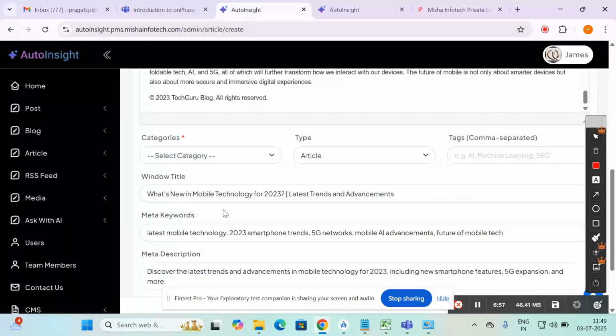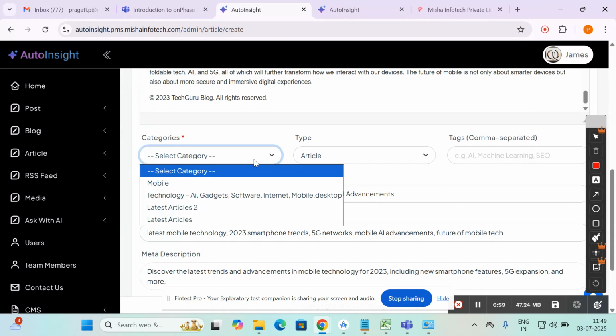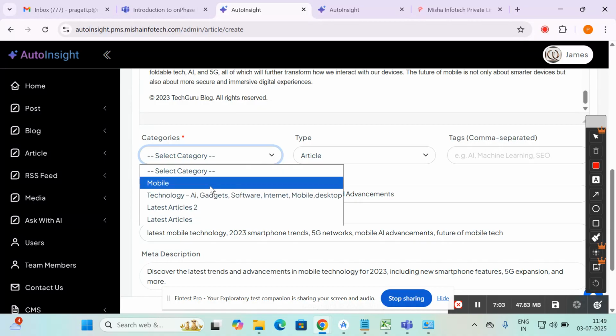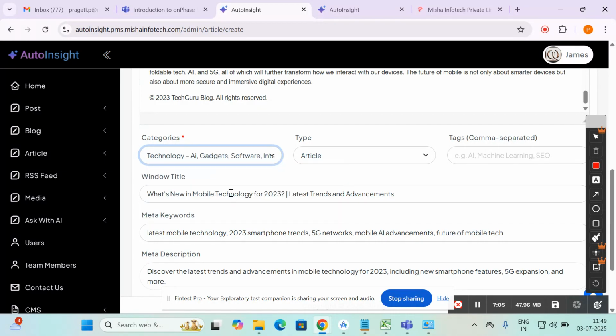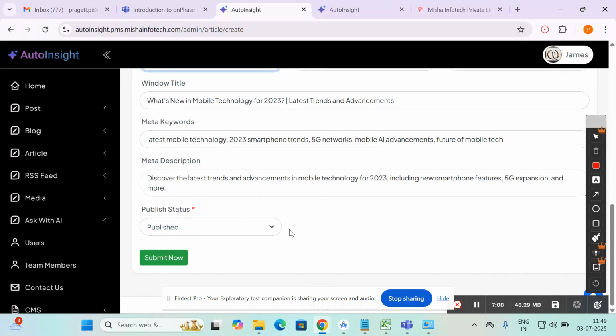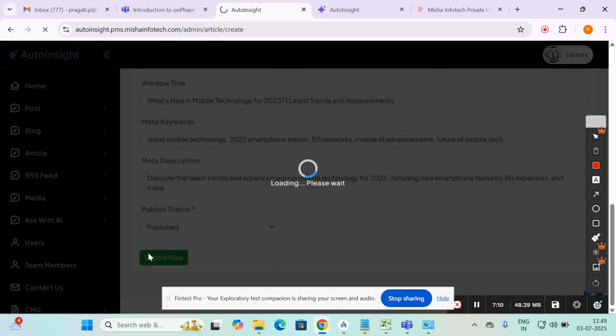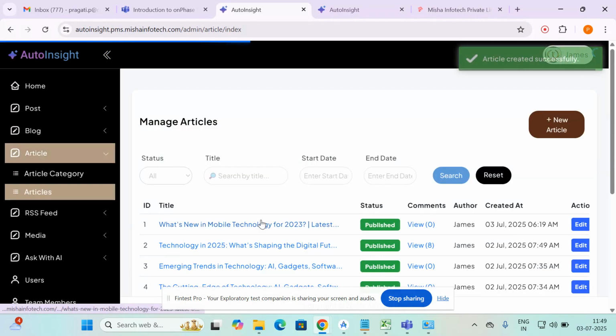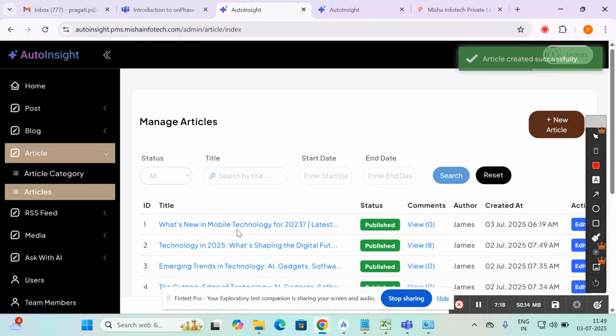Then select category option is mandatory. So in mobile or click on technology category, submit now. Okay, the new article is